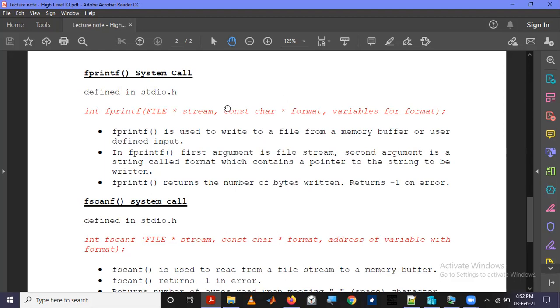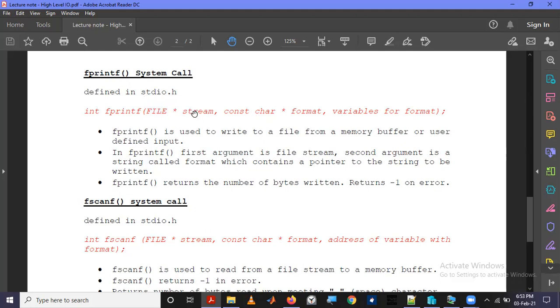In printf, the difference between printf and fprintf is only that this first argument is missing in printf. The formatted string is there, and then the list of variables in the formatted string.